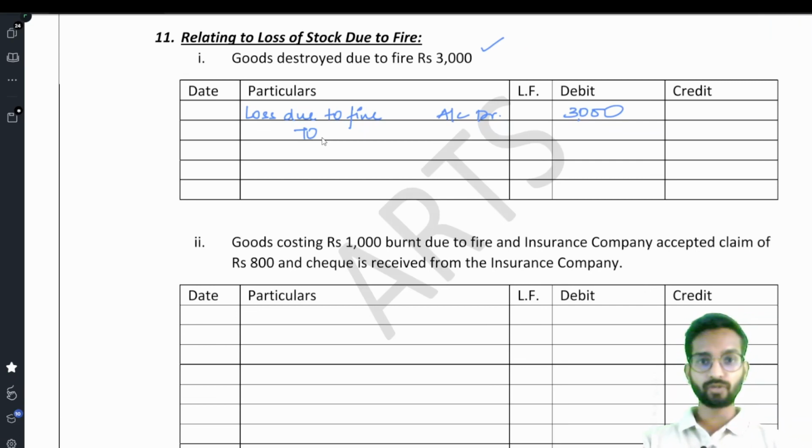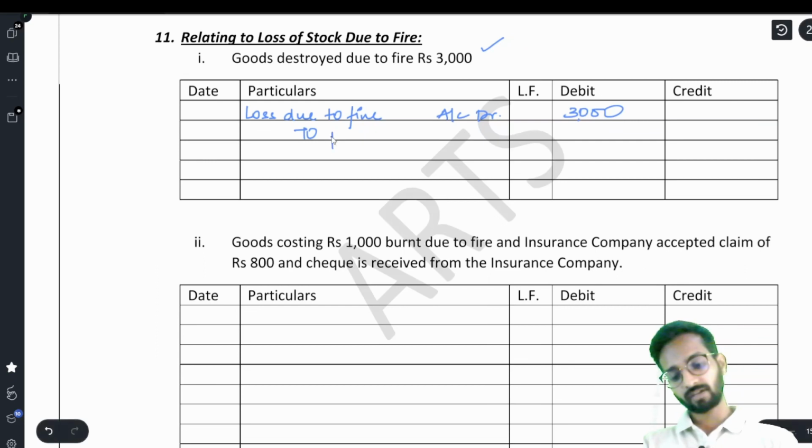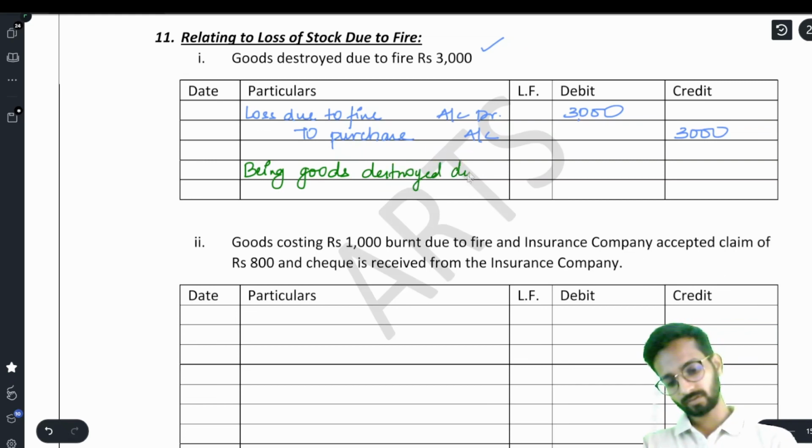I have already told you we do not maintain goods account, we prepare purchase account for the goods account. So we will remove the balance to purchase account. To purchase account, that is 3000. You can write here being goods destroyed due to fire